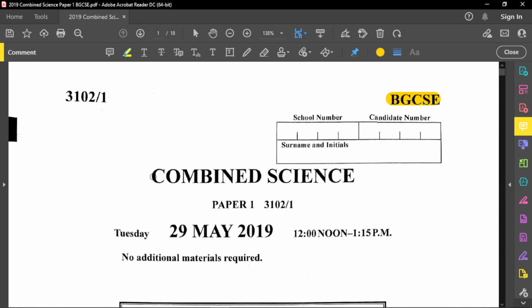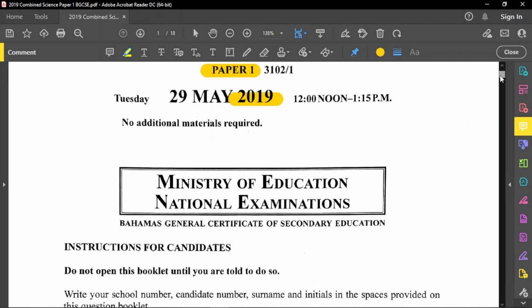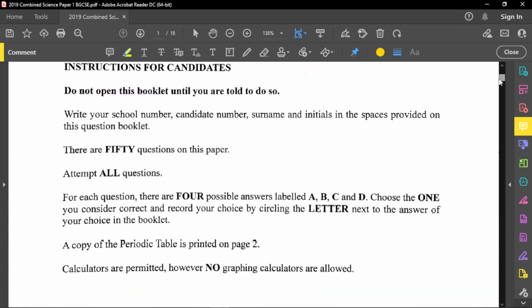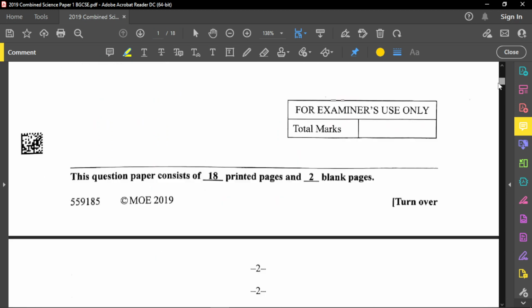Today we are reviewing a combined science paper, and this is a paper 1 from the year 2019. Again, before you start your examination, you should always remember to write your school number, your candidate number, which is your personal number, your surname, and also your initials. It's also important for you to read through the instructions carefully before you start the examination. And if you have any queries at all, you need to clarify those with the examiner before you start the